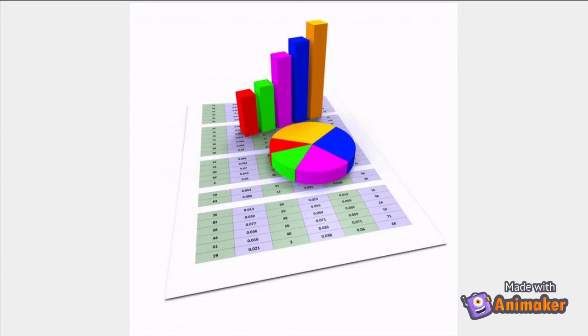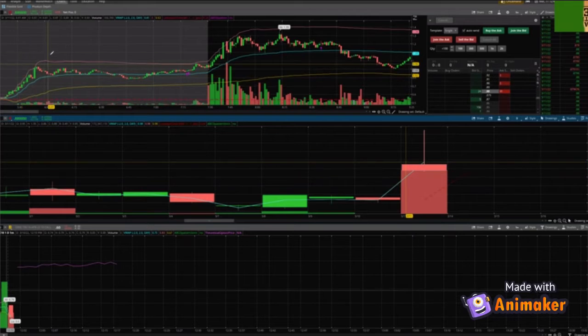Over time, your data will become more accurate, and your inputs and outputs will change based on the questions you need answered. You can make data gathering as simple or as complex as you want, as long as you understand it. So the chart that we're looking at here is